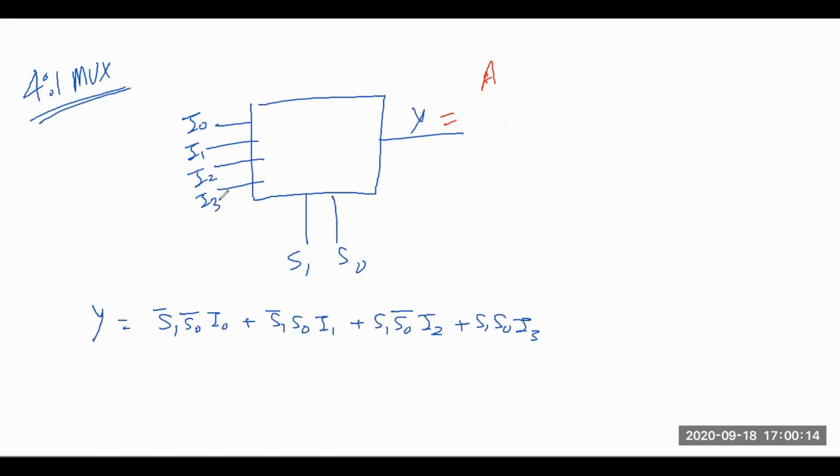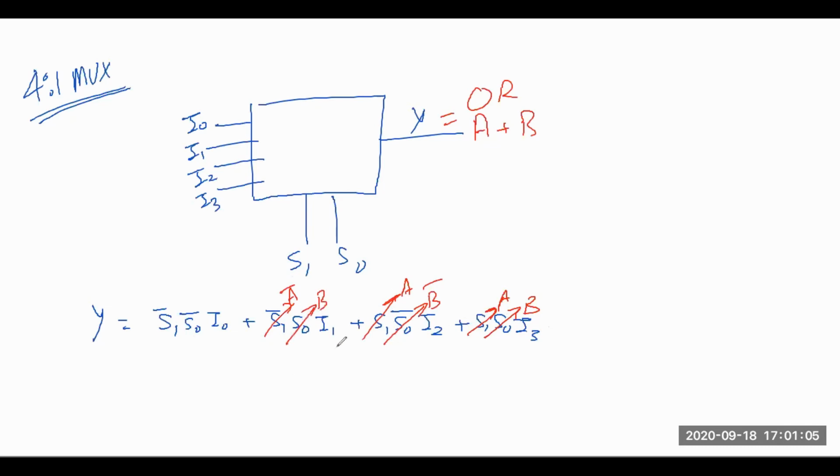So if I want to design the OR gate, I need to have A plus B at my output side. If I want A plus B, then again I can have this realization from the conventional expression. Suppose I am taking S0 and S1 both as A and B. So this is A, this is B. And if I am doing this, then this one will be A, this one will be B bar, this one will be A bar, this one will be B.